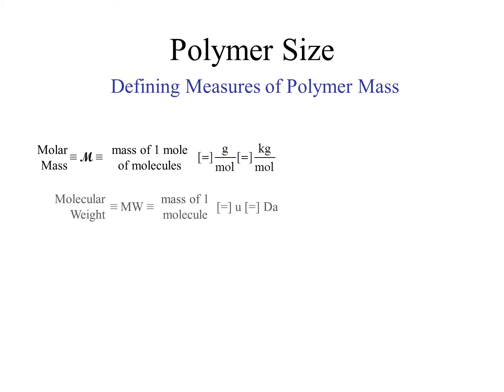In contrast to this, we also have molecular weight. By convention, MW is used to abbreviate molecular weight. It is defined as the mass of just a single molecule, and it has units of either atomic mass units, u, or Daltons, Da. Now, I have a bachelor's degree in chemistry, and I've done more than my fair share